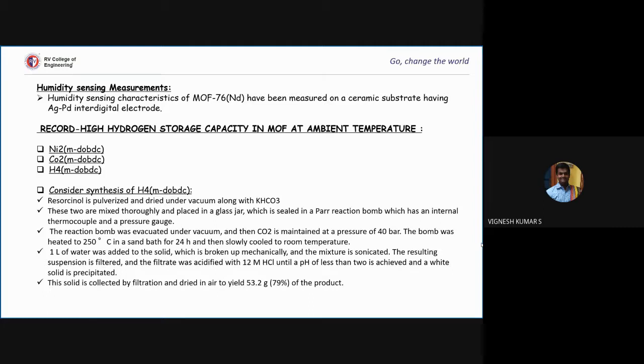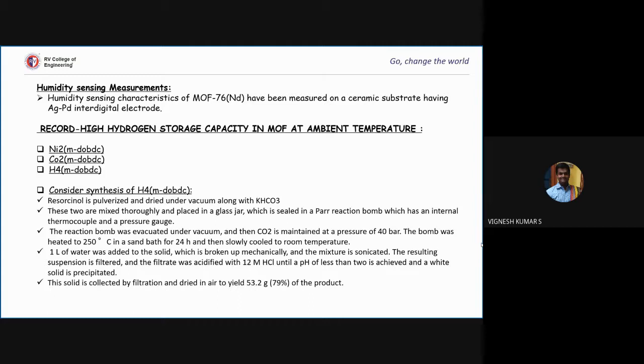The main component, isocyanates, is pulverized and dried under vacuum along with KHCO3. These two are mixed thoroughly and sealed in a Parr reaction bomb, which has an internal thermocouple and pressure gauge. The reaction bomb was evacuated under vacuum, and carbon dioxide is maintained at a pressure of 40 bar. The bomb was heated to 250 degrees Celsius in a sand bath for 1 day and cooled to room temperature